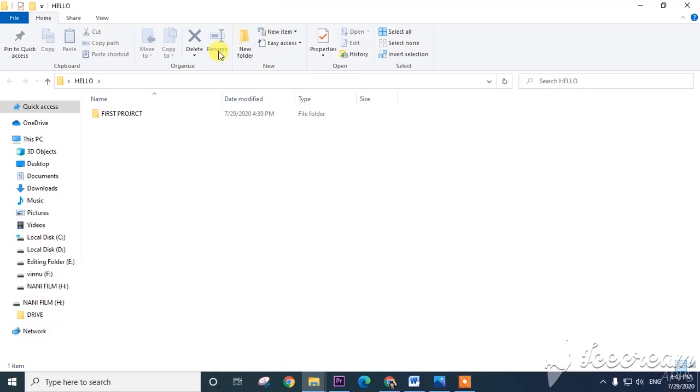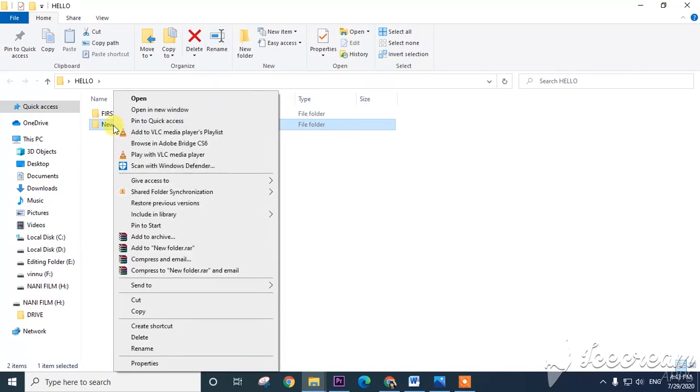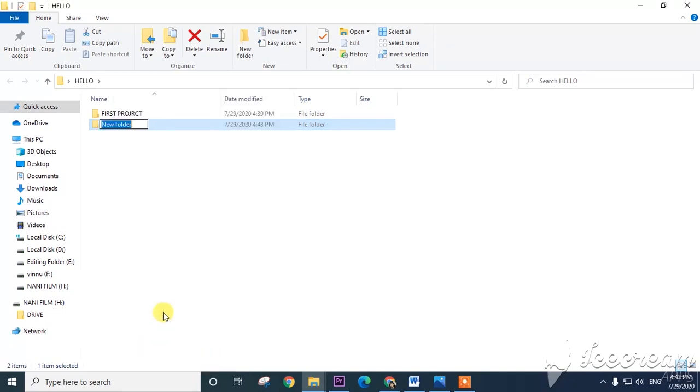Let us have a look. How to create a folder? In the Home tab click on New folder, then a new folder will be created. Now I want to rename the folder. Just click the folder, then in the Home tab there is a Rename option. The shortcut key is F2, you can observe the shortcut key here. And one more method is to right click the file or folder and choose the Rename option. Three ways are there. Now I am selecting here, clicking on Rename, and writing here second project.